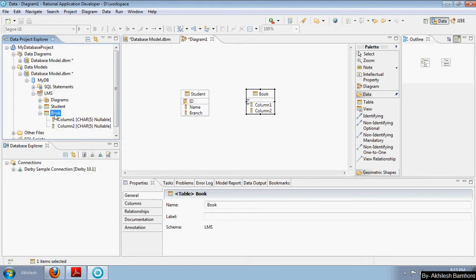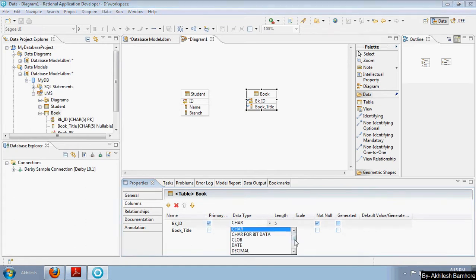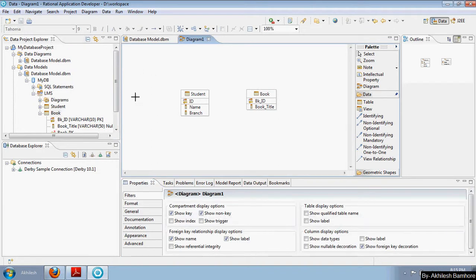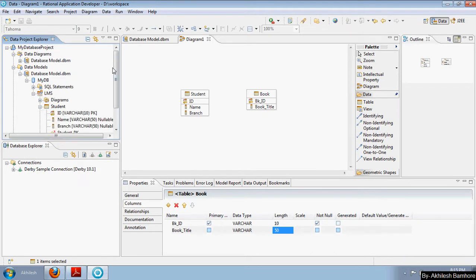Now you can edit from here. Now here you have created two tables, namely student and book.